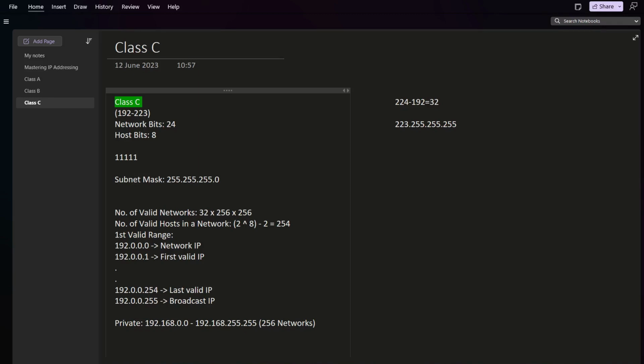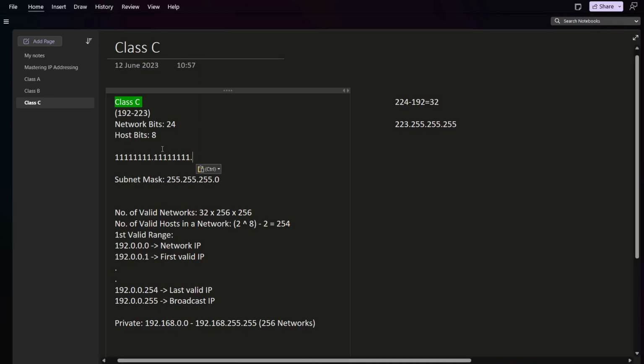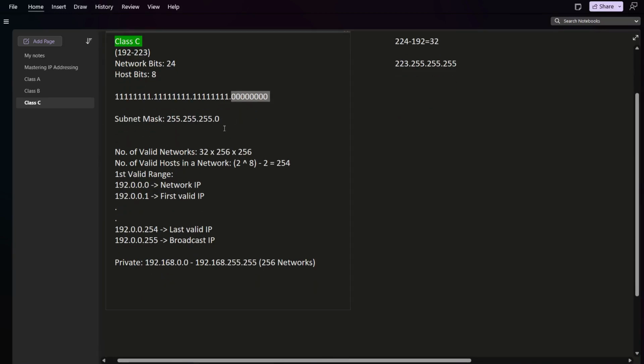1, 2, 3, 4, 5, 6, 7, 8. 1, 2, 3, 4, 5, 6, 7, 8. 1, 2, 3, 4, 5, 6, 7, 8. This is also for the network bits. Okay, so we have a total of 24 network bits and 8 bits for the host. Okay, the subnet mask is